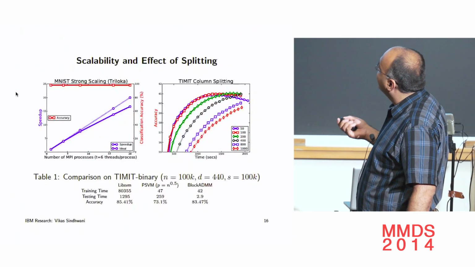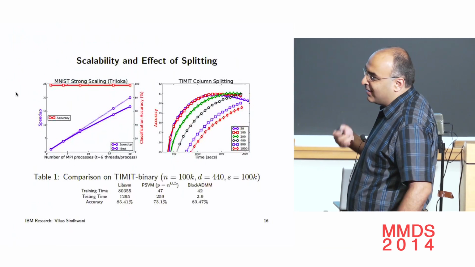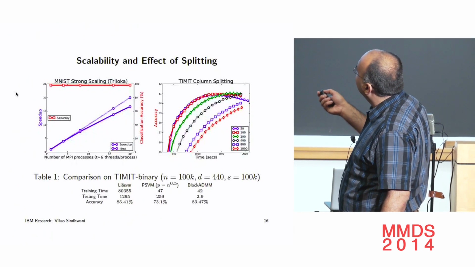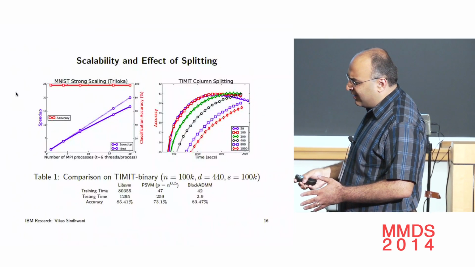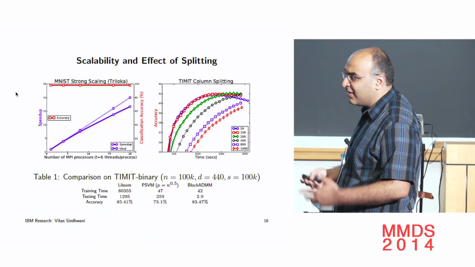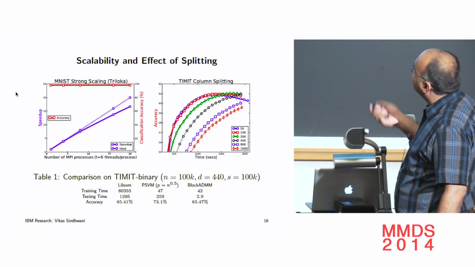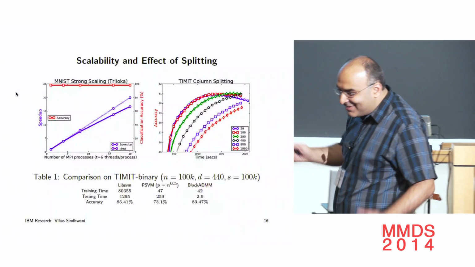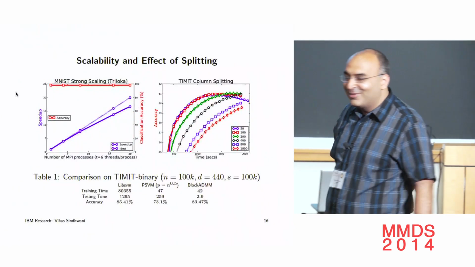We have implemented this in a cloud-like environment as well as on a supercomputer, and it scales quite nicely. These plots here show the effect of splitting. The concern here is that when you split very finely, either by rows or by columns, it slows down the learning process, but not too much, which is encouraging. And since I don't have too much time, I'll just say it beats libSVM and other alternative solvers out there